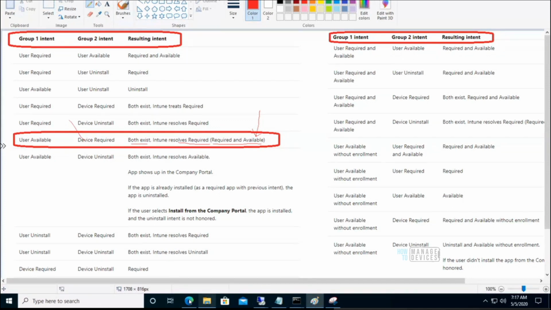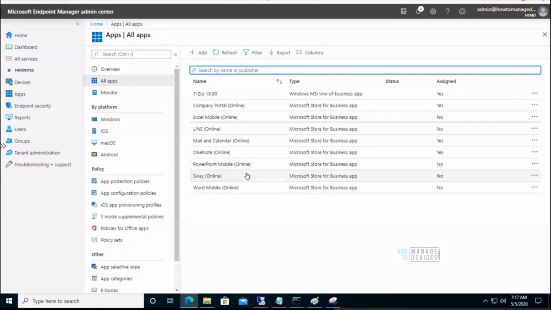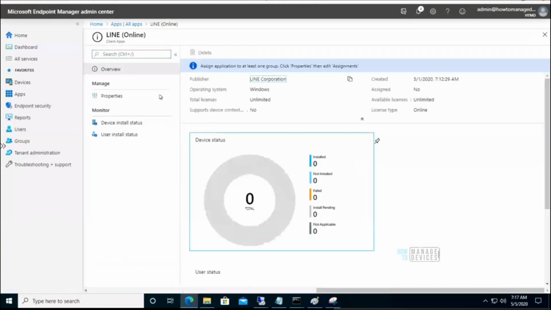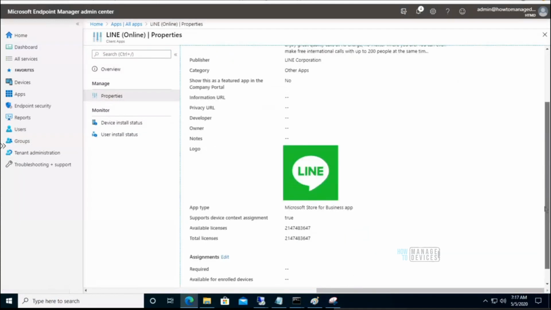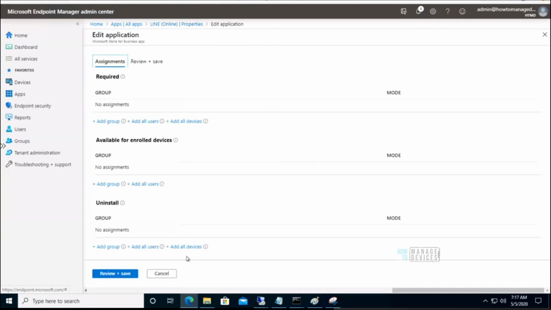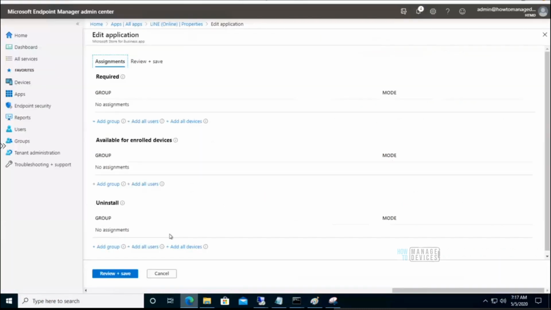So if you didn't understand that, we can select one more application, probably Line. Click on properties and say edit on the assignments. Then I can go back to the scenario. This says user available: group one intent is user available, so the assignment is available.